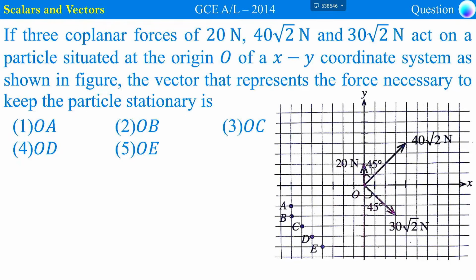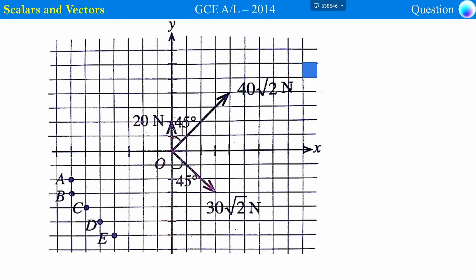Now we have 2014, another similar question. If 3 coplanar forces 20 Newton, 40 root 2 Newton, 30 root 2 Newton act on a particle situated at origin O of an XY coordinate system, as shown in the figure, the vector that represents the force necessary to keep the particle stationary. Okay, so now in that case,